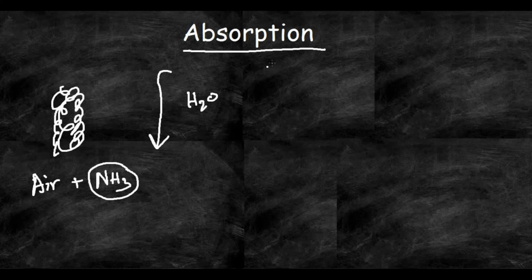And in case of stripping, what will be the case? For stripping, I will have this ammonia already present in this H2O. So I have to use a suitable gas in order to strip off the water-ammonia mixture to get the ammonia back. That is what stripping is. Now we will discuss only absorption, where I have a mixture of air and ammonia and I have to use water in order to absorb this ammonia from this air and ammonia system. So this is what we will deal with.